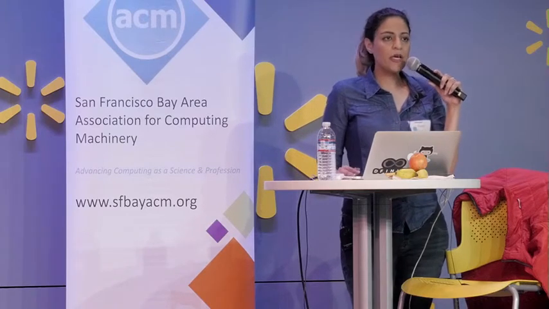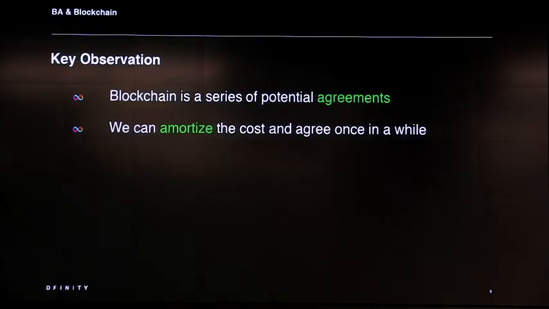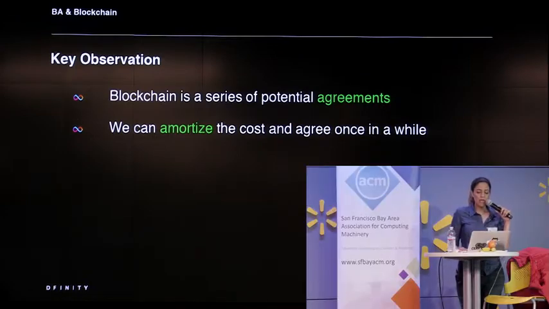So the key observation we have so far is that blockchain is a series of potential agreements, because we never check if we reach agreement or not. We just hope that we reach agreement. And then we can amortize the cost and agree once in a while. How can we agree once in a while? With the hope that, OK, we are choosing the leader randomly, so one of these leaders is honest. He proposes the same value to everybody. We agree on the leaf, then we agree on the whole path, and we amortize the cost. So this is an